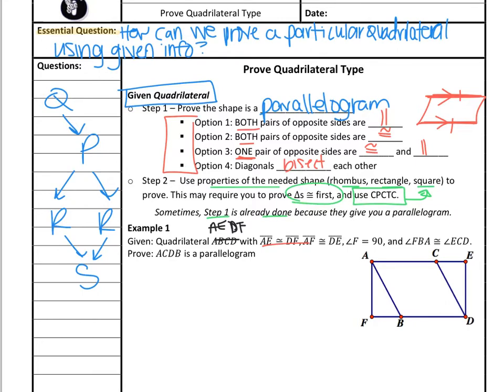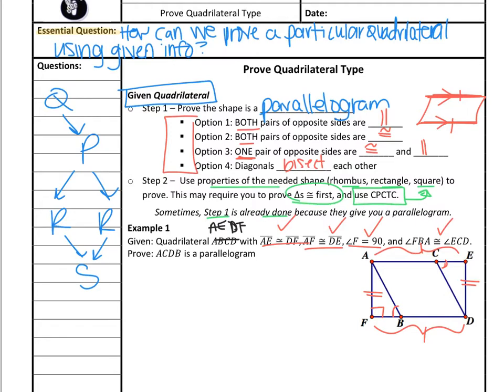AE is congruent to DF, so that's this big piece is congruent to this big piece, and I'll put one hash mark on each. Check it off once I use it. AF is congruent to DE. Here, two hash marks, check it off. Angle F is 90 degrees, so I'll put the box in there. And angle FBA right here is congruent to angle ECD right here. So again, as soon as we mark it on our picture, we've got to check it off, show that we've already used it. So now our goal is to prove that